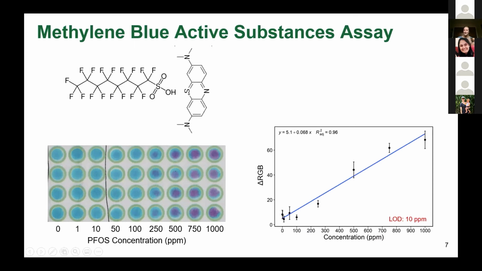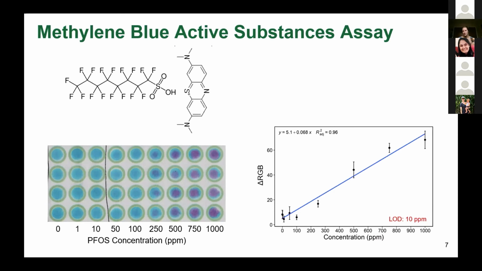Now, as you notice, this is down in ppm, and this is the big part of what I've been working on in the project: to lower the limits of detection. And for this analysis, I did scan the device and measure the color change, so the change in red, green, and blue color channels. We can get a visual limit of detection around 100, 250. The actual device in person, the colors are a little bit more distinct, and then calculated 10 ppm. So a big problem with this is that, like I said, I did use a scanner, or you'd need some kind of camera to analyze the color,